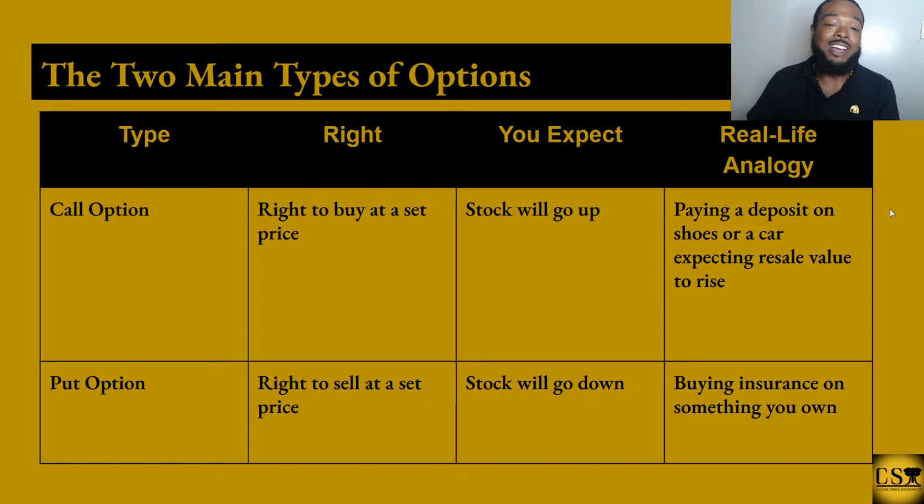So puts are option insurance or hedges against long positions as well. You may have a long stock investment position that has been going up, up, up, up, up, and you feel like it's near an all-time high and it's starting to get shaky at the top. So you want to say, okay, let me go ahead, and I don't want to sell my stock. So instead of selling my stock, you'll buy a put option. And now if the stock starts to come down, your put option will go up in value and it'll offset the loss that you're taking in your long-term position. It may even make you more money than you lost in your long-term position if you sell it at the right time before your position starts to come back up in value.